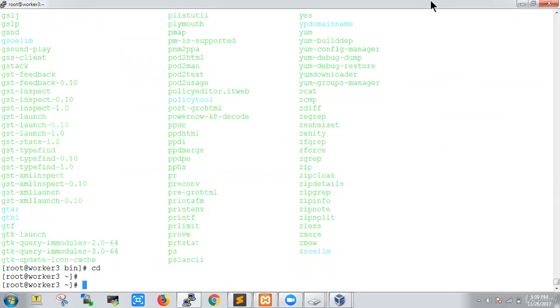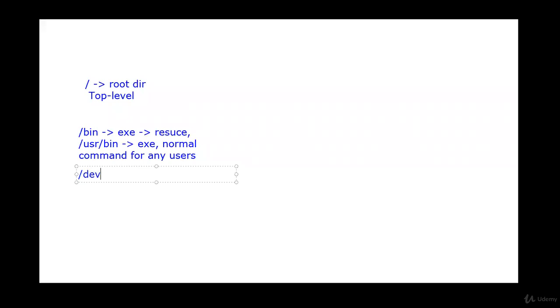Let's move to another directory, slash dev. Slash dev is very significant for any Linux operating system. It contains hardware device files, which are very important for the Linux operating system. Now, what is a hardware device file? Let us understand. For example,